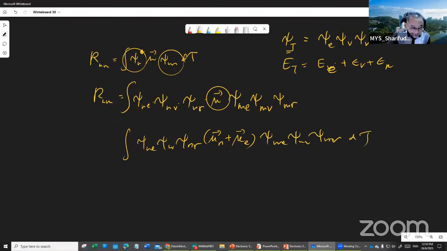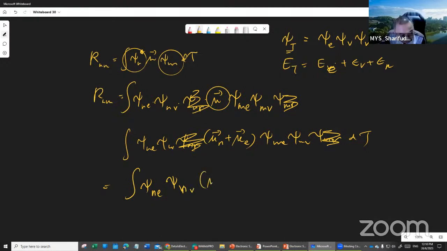So now I'm going to ignore something. I'm going to ignore the R. So I'm not going to think about the rotation at all. I'll just think in terms of electronic and vibrational motion, right? So if I were to do this, I can actually factorize this, and the factorization looks like this. Hold on, let me write psi n E, psi n V, mu. Oh, we've done that. I'll break this one up. Sorry. We've done that. Break this up. This will equal to